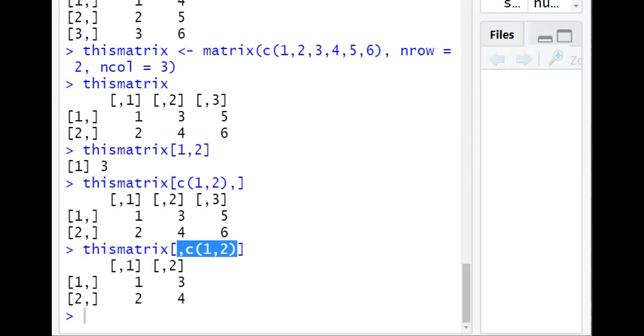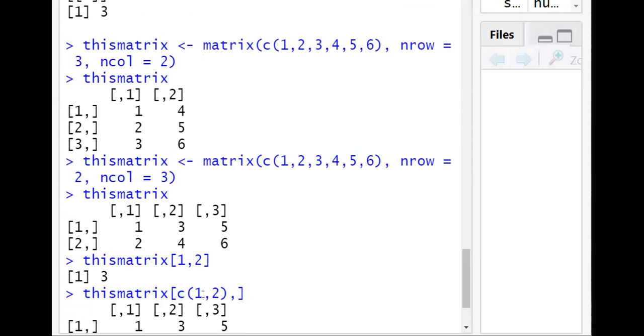Similar to this we can add rows and columns using the cbind method. So the cbind method can be used to add a row or column. cbind indicates it is column binding and rbind indicates it is row binding.